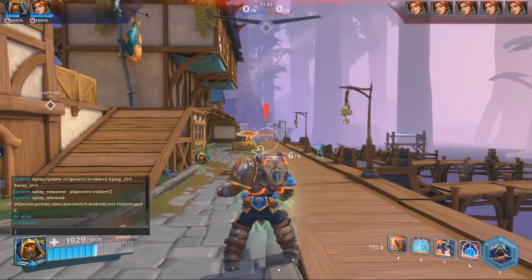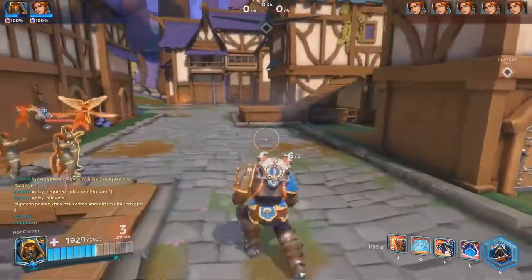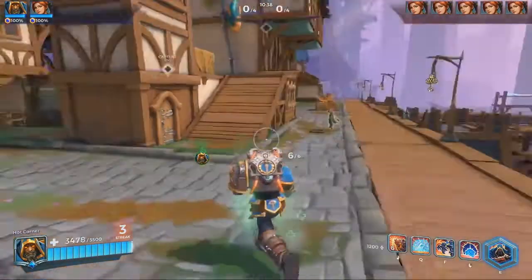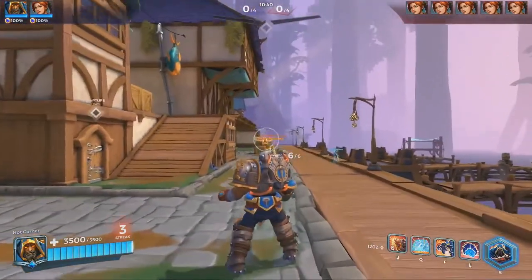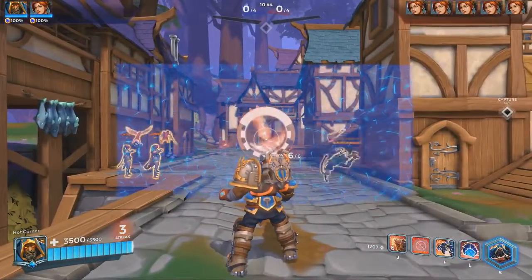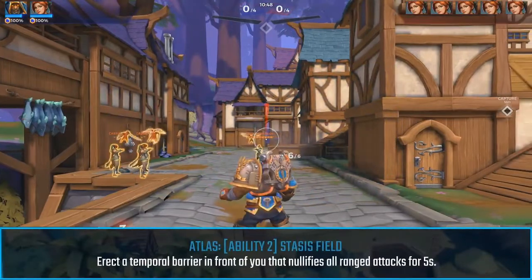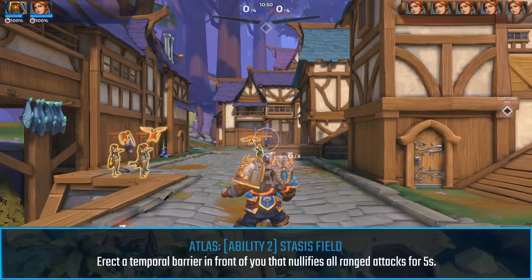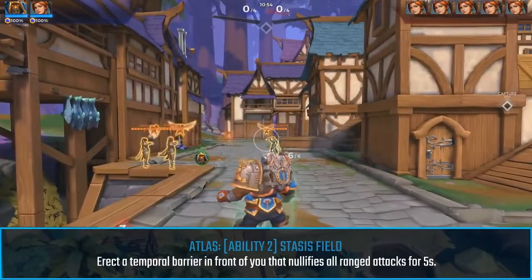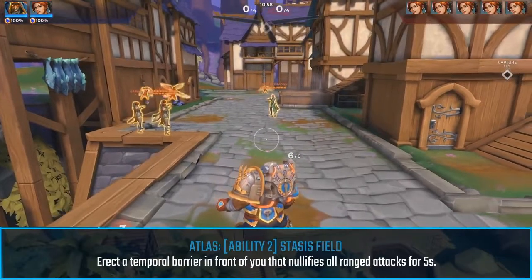Yeah, so Stasis Field is his ability 2, on Q. It basically erects a decently sized wall, like Fernando's shield size, in front of him, and it is by far one of the most flavorful abilities ever, I think. So it behaves a little differently from our other shields. It doesn't just get hit and then the thing is gone. What it does is slow down whatever gets shot through it,